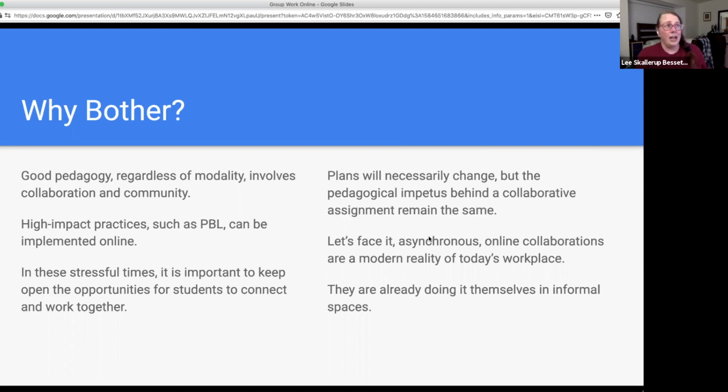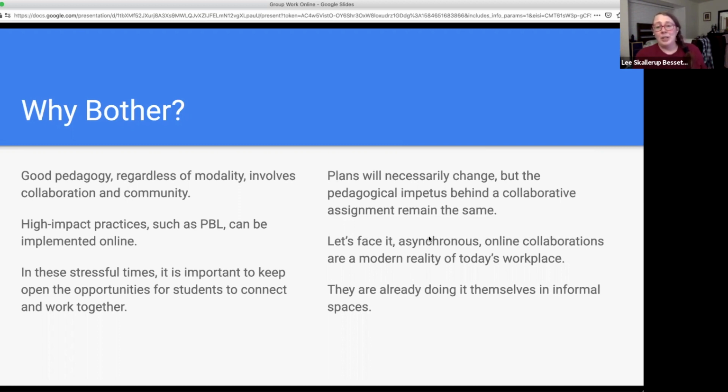If anything, I would argue, get rid of some of the voice over PowerPoint, get rid of some of the content, and keep the project-based learning, because it is so important to keep the students connected to one another, engaged, and working together. And project-based learning is really one of the best ways that you can do that, or a collaborative assignment.